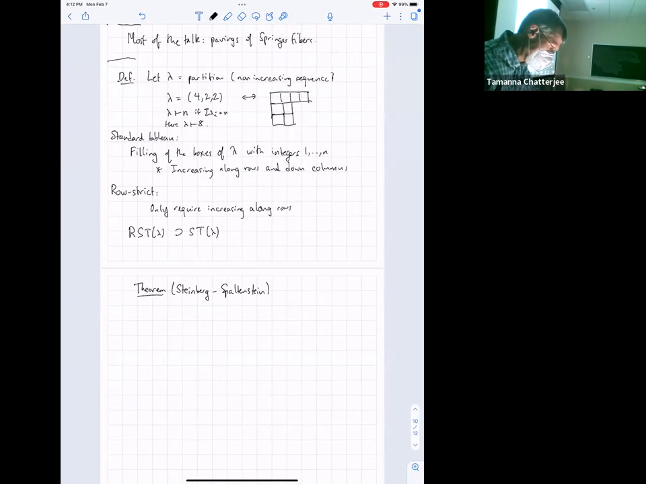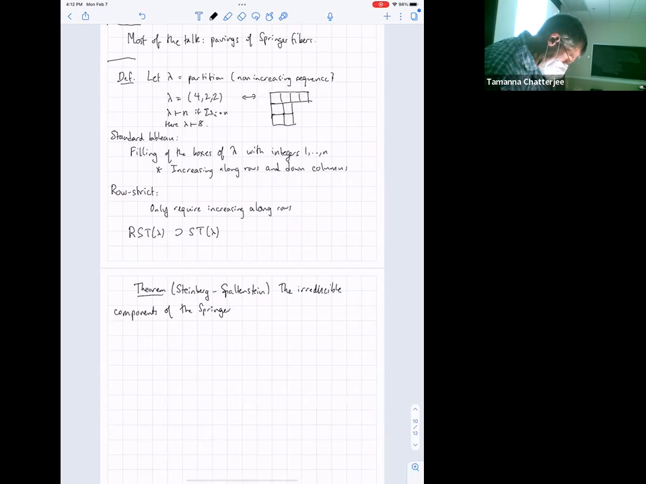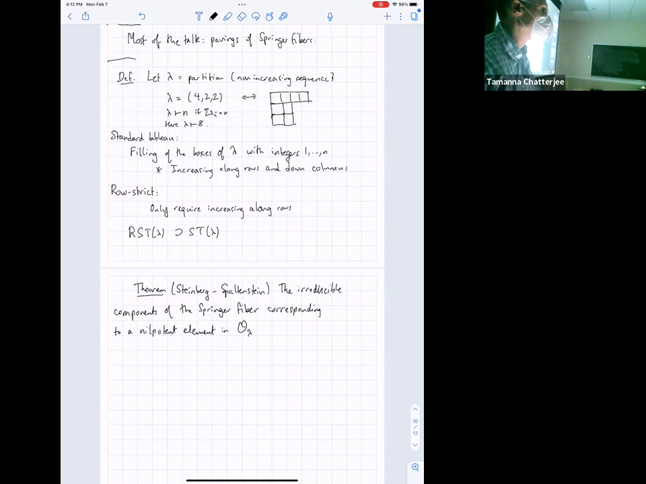Anyway, the theorem, and I'm attributing it to Steinberg and Spaltenstein, is that the irreducible components of the Springer fiber corresponding to a nilpotent element in O lambda. So remember last time we said that the nilpotent orbits, and this is in type A, are indexed by the partitions. Their O lambda would therefore be a nilpotent orbit. The Springer fiber only depends on the orbit. If we take any nilpotent element and we look at the Springer fiber corresponding to it,